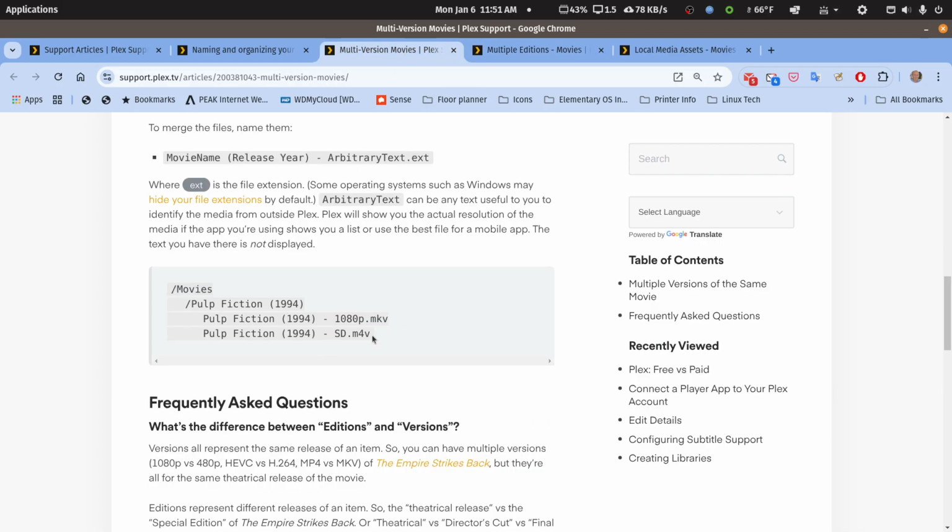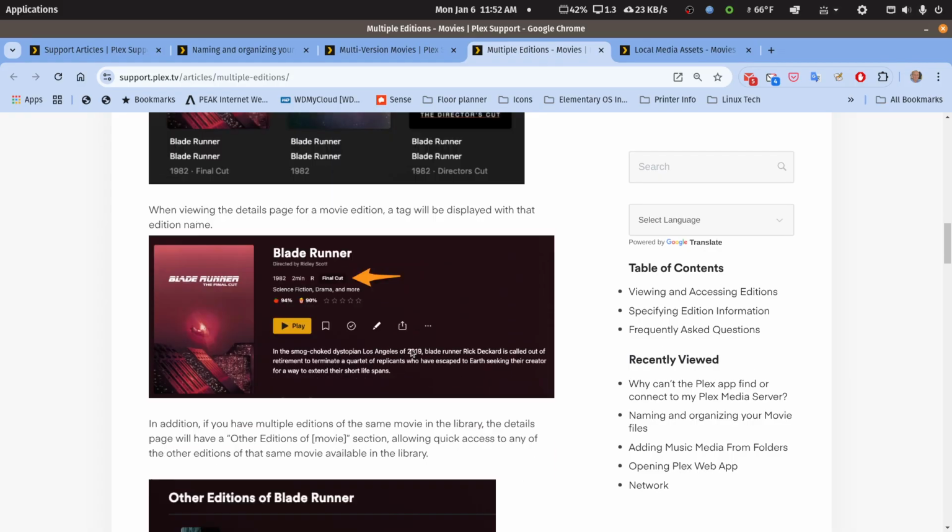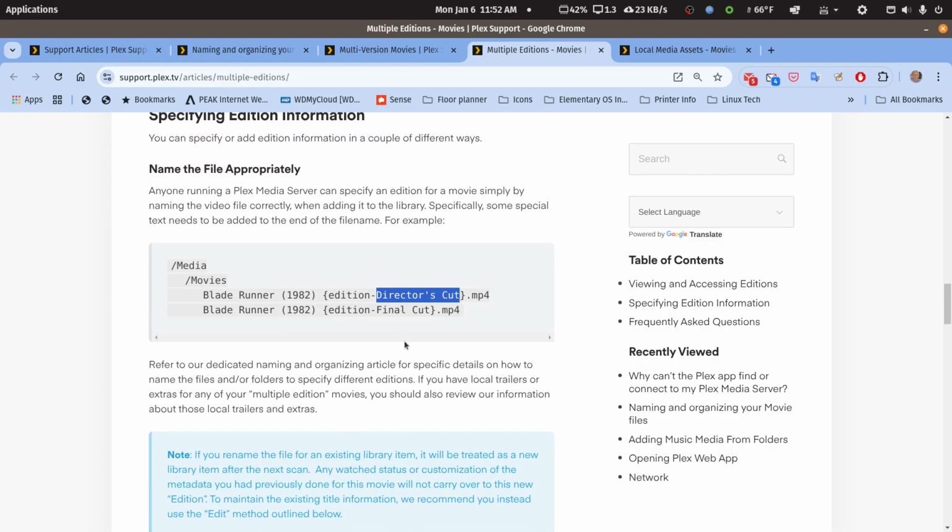So these two movies with versioning will scan in as one poster, and then you can play each one individually, but Plex will just tell you the bit rate of each. The higher resolution probably has the higher bit rate, and it will also tell you the resolution, so you can choose that way. This scans it in as a separate item, and you can still have multiple versions of a